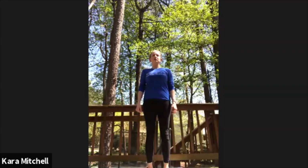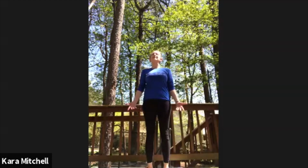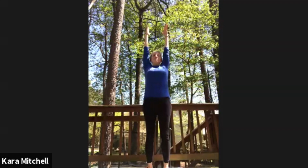Find your neutral position. Breathe in and out. Nice full breaths. Lengthen the neck. Shoulders back and down. Engage. Beautiful. Let's take a nice deep breath in. And